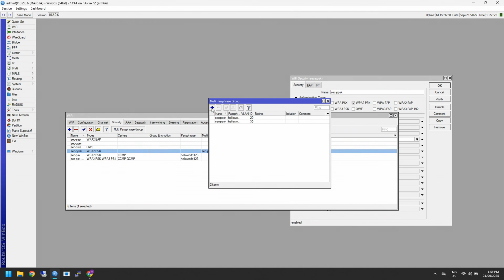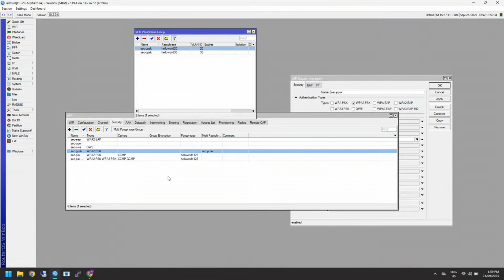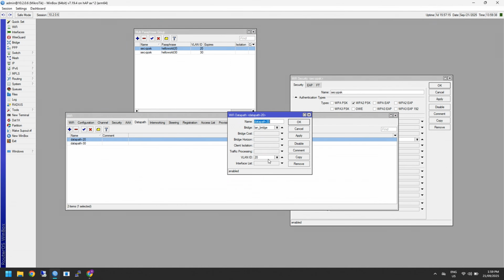So if I click on that option here, this is where we can have multiple, as you can see, multiple passwords, and we can even assign VLAN IDs. Now, the reason I've done it this way is just because it's an added little bonus, I think. As I mentioned before, my data path is assigning my VLAN IDs, and the reason I've done it via VLANs and not just directly to traffic onto a bridge is because it would be more scalable if you're using